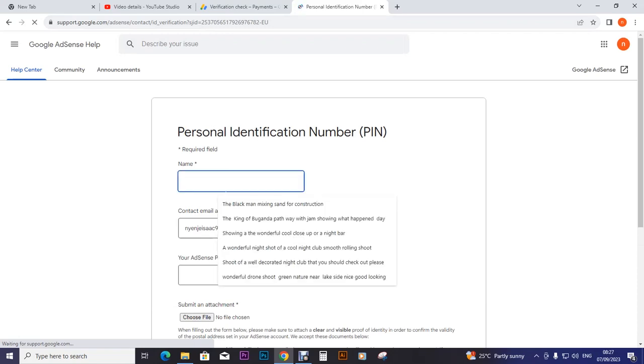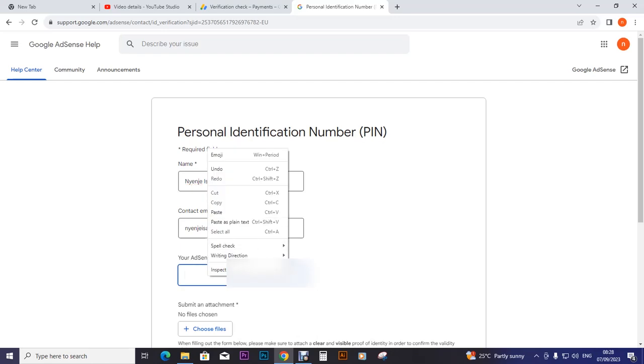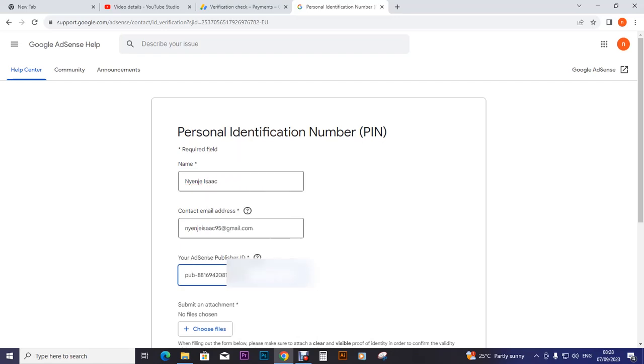So the name has to be the name that is on my national ID, or that driving permit that you are going to use, or that passport. Okay, so I type Nyenje Isaac. Now I get the other ID, it is the one I have to put in here. Okay,